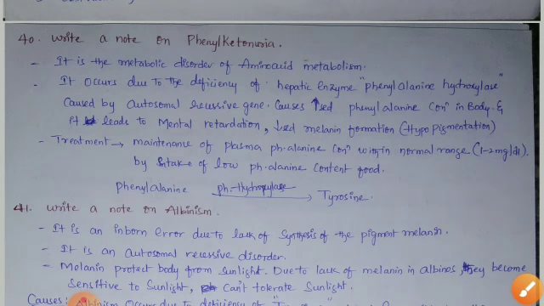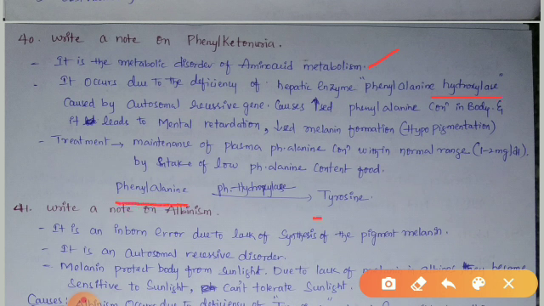Write a note on phenylketonuria. So phenylketonuria is a metabolic disorder of amino acid metabolism. It occurs due to the deficiency of the enzyme phenylalanine hydroxylase, the enzyme which converts phenylalanine into tyrosine. The deficiency of this enzyme is caused by an autosomal recessive gene, which causes an increase of phenylalanine concentration in the body, and it may lead to mental retardation and decreased melanin formation in the body. So the melanin concentration decreases, the pigment of the